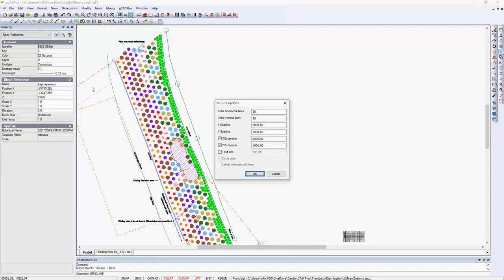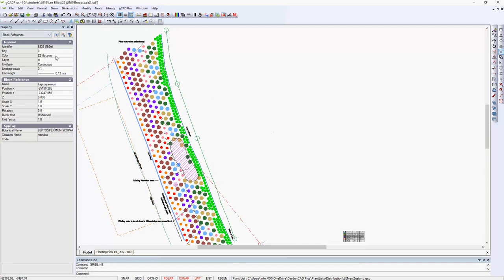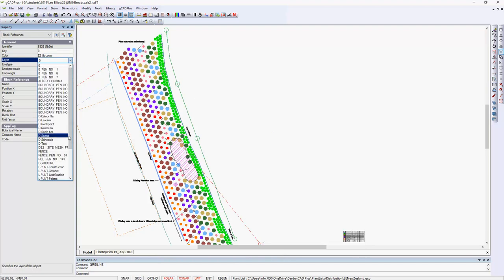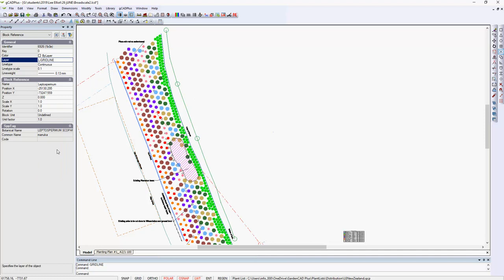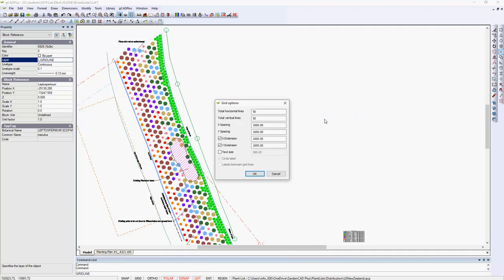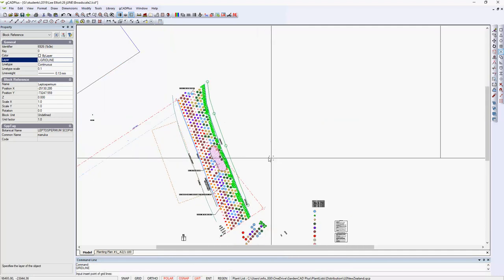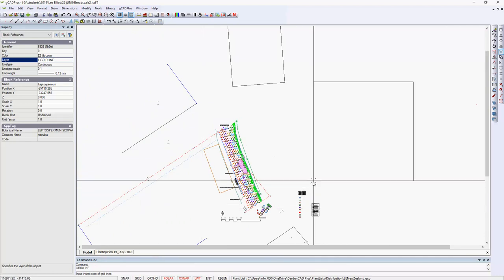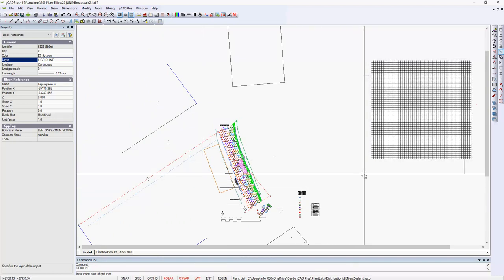Now I think it's important, and I'll cancel from there, I think it's important to work on a particular layer. So let's set up, whoops, that's not layer, that's the cover. Let's set up an L-grid line layer and we'll make it current, which it is. Now we can use the grid line command. I can right click and select it and we'll say OK. Now let's place the grid. You can see that the grid is going to cover and encompass the whole site. And I'll put it down over here and then